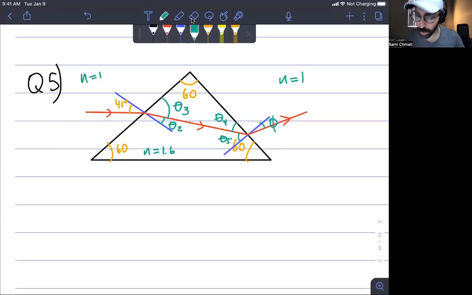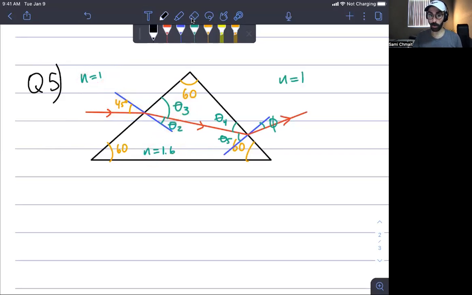Something like this. So I ordered them in this way for a reason, right? We have the index of refraction of inside, outside. We know the angle at which it enters. So we're going to solve for, what's it going to be? We're solving for theta 3 or theta 2? Theta 2. Remember, you always solve for the one, or draw the angle for the one, that is touching the